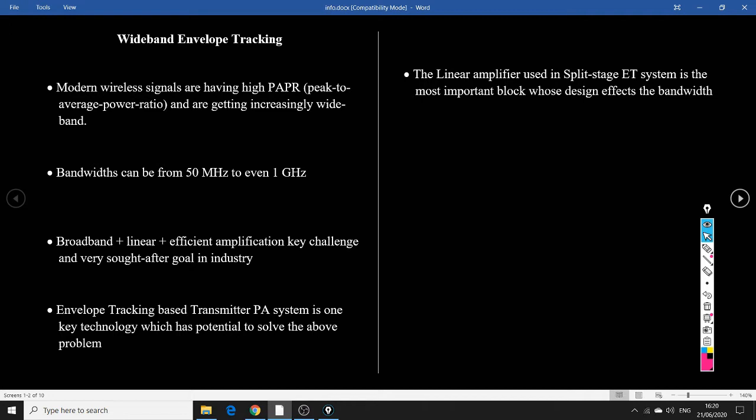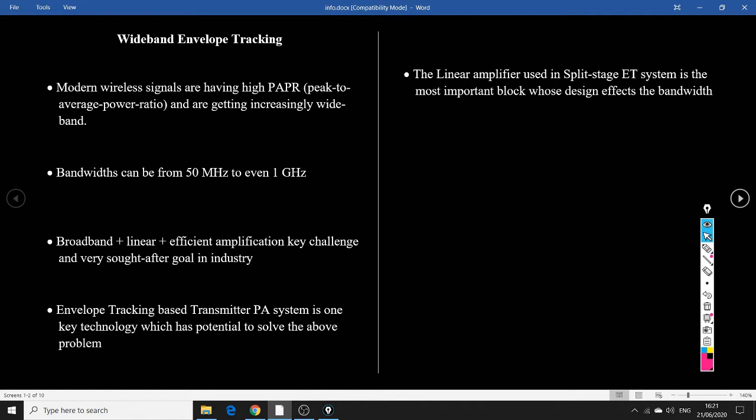So broadband, linear and efficient amplification is the key challenge and a very sought after goal in industry right now, and many companies are rushing to find solutions to have broadband efficient linear amplification. Envelope tracking is one such technology which has the potential to overcome this problem, and it is again a highly sought after technology in industries like Qualcomm, and many other companies are working on improving their envelope tracking systems and even